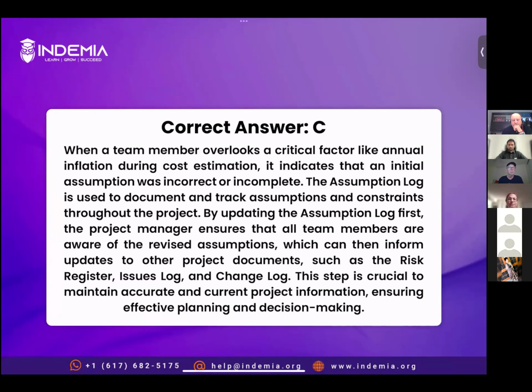All right, next question. Is it part of the PMP? Absolutely. That's why we are studying it. It's super important. Assumption log is really, really important. We develop this as soon as possible, right? If you read the process group guide, probably in the initiation stage, when we develop the charter, we develop the assumption log. All right, next question.